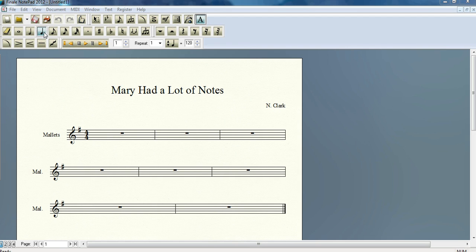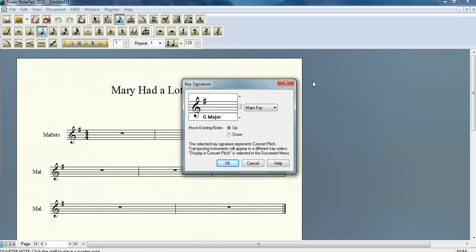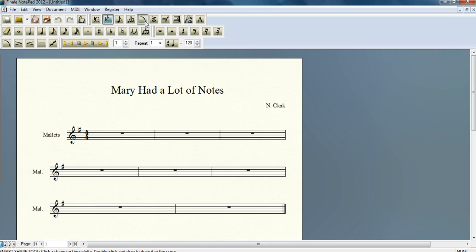notes. So you'll select them and it'll turn a bluish gray color. If you don't see that happening, make sure over here that your simple entry tool has been selected. If something else has been selected, you're going to get other things popping up. But you want to make sure simple entry is selected and then the quarter note. So we're going to start our tune right here in the middle of the staff. Mary had